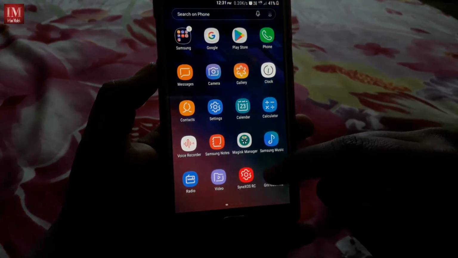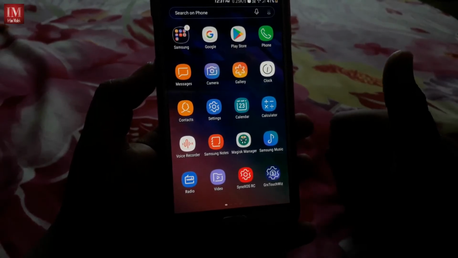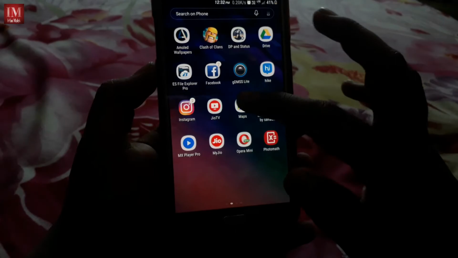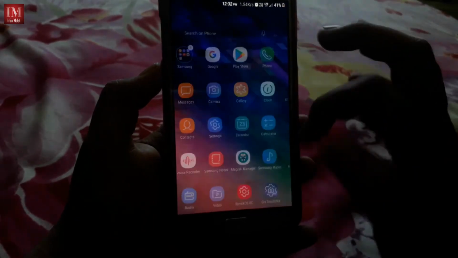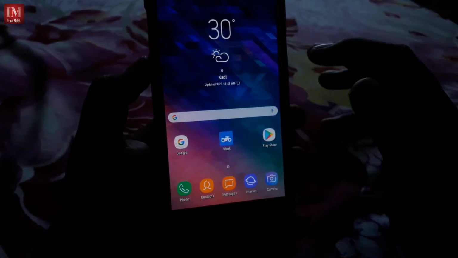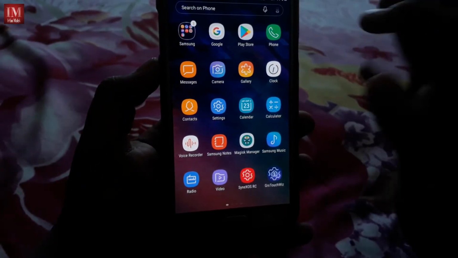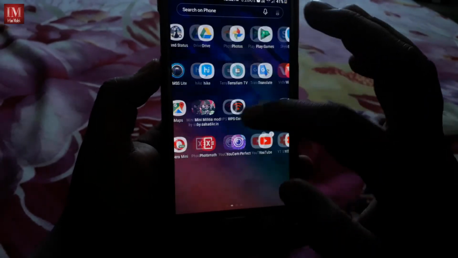So this was Synex OS RC, which is called ROM control, and you have seen the performance, and this OS is working nice. I've been running this OS for the last 2 weeks and it is working perfectly fine for me.